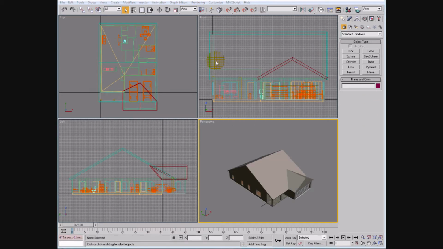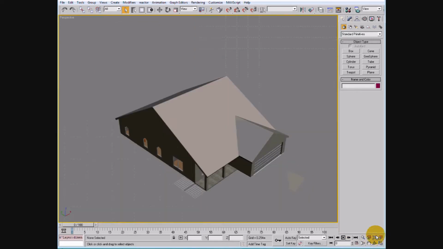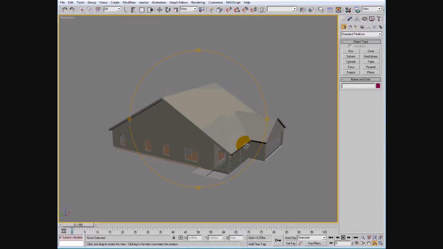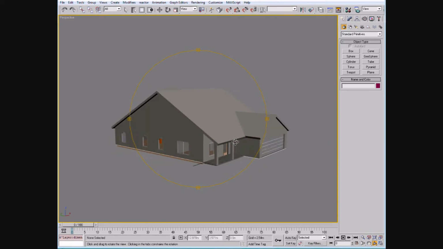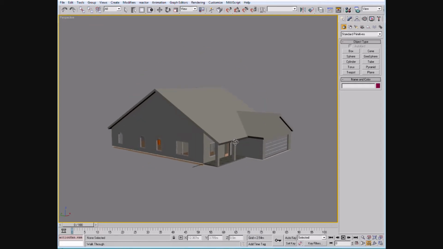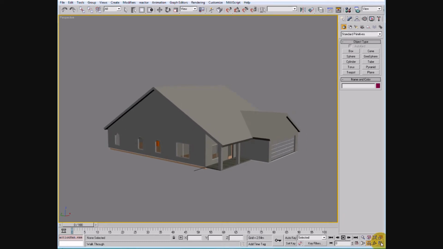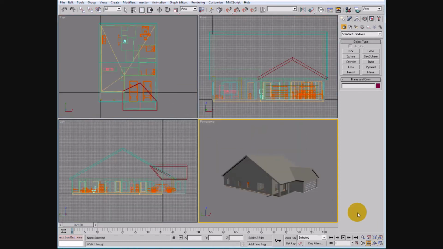Alright, and once your house is in, you can always inspect it on the perspective view. You can make it a larger view and look at your house. And the other thing you can do is on your keyboard you can push the arrow keys. It's another way of going around your house, but we're going to put a camera in here. So we're going to maximize the viewport, hit the escape key,